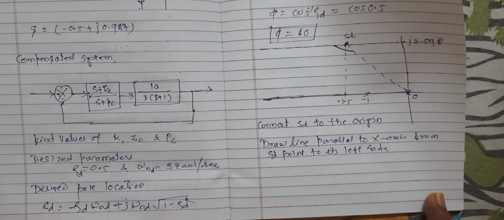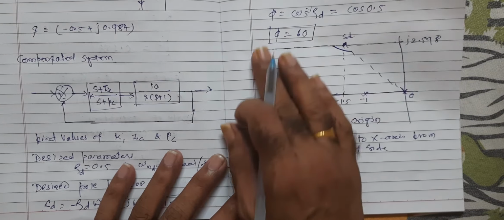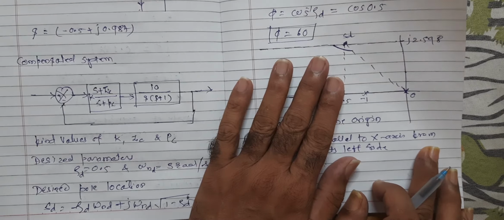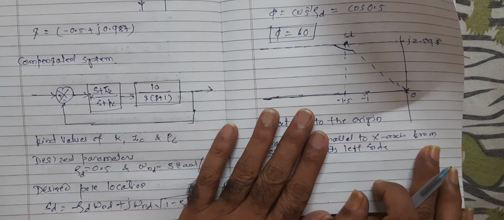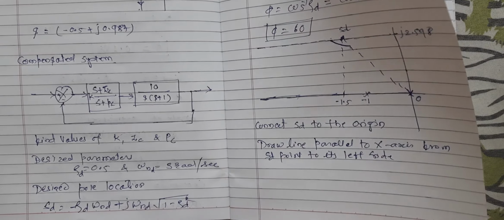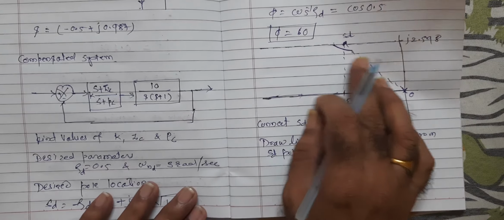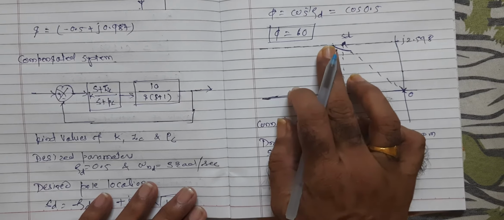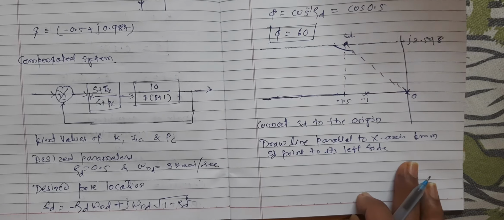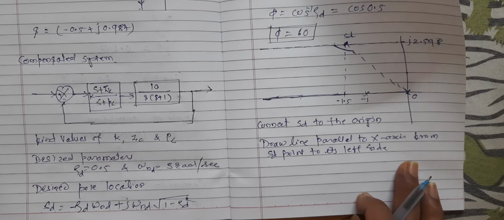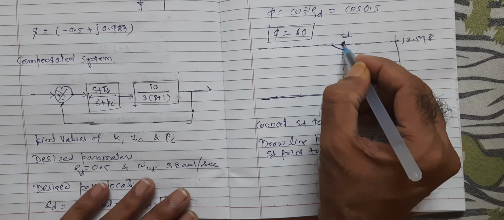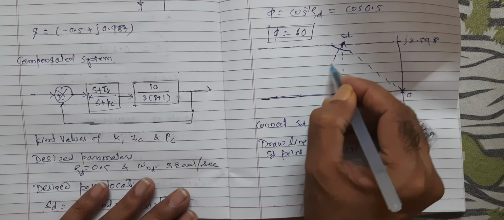Now see here one thing. This you have to draw with the scale, or you can draw it on graph paper also. Then and only then you will get the correct angle between these two. Whatever the angle is, suppose it is 120. If we bisect that angle, then it becomes 60. So from this point, draw a line which bisects the angle.